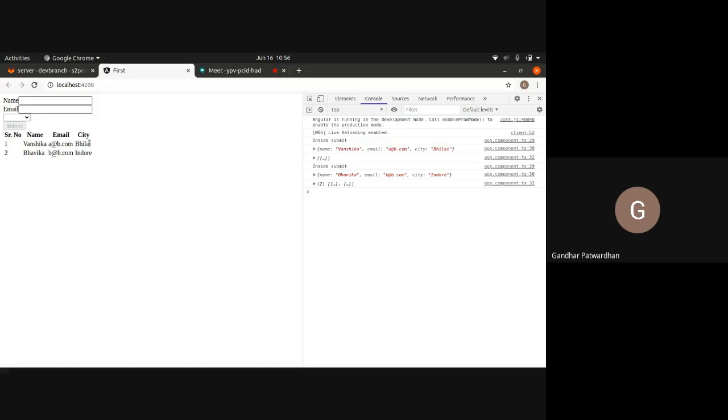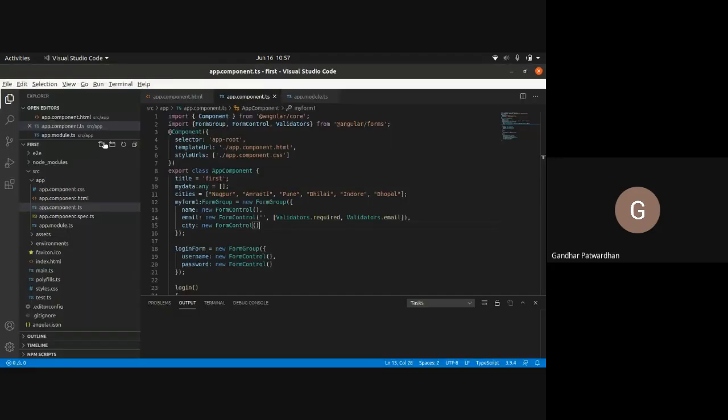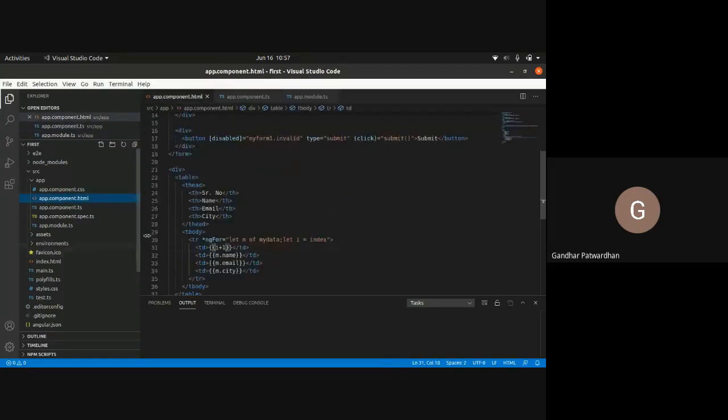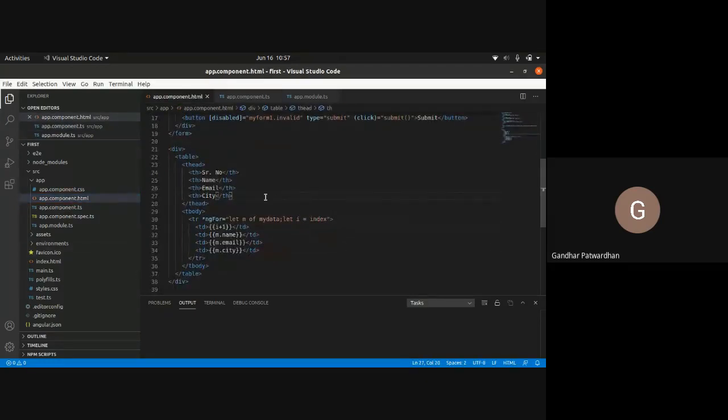Now what I will do is that in my table, I'll add another column and I'll call that column actions. And inside that actions, we will have a button which says update. Now let's do that. So in my HTML, I have a th in which I say actions.